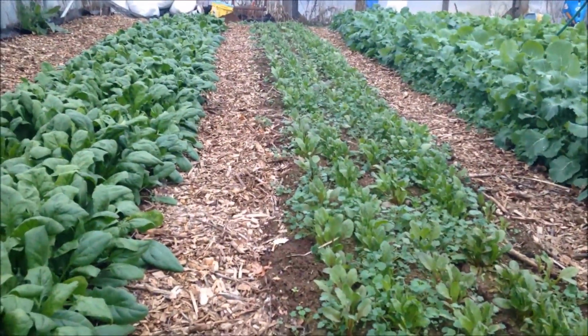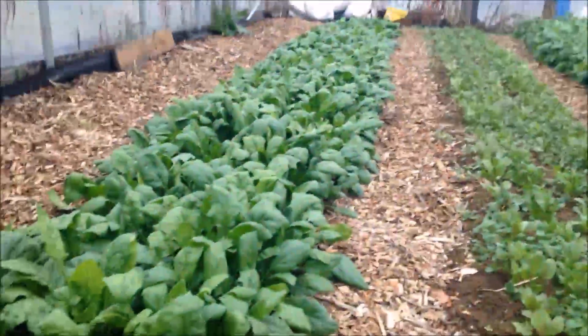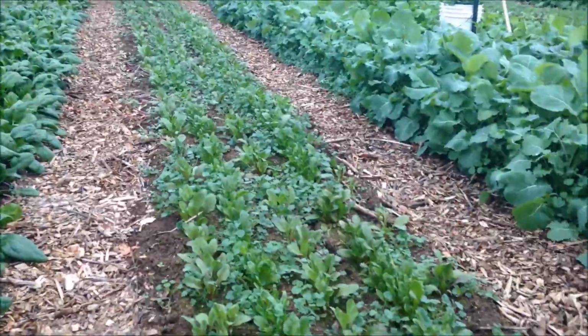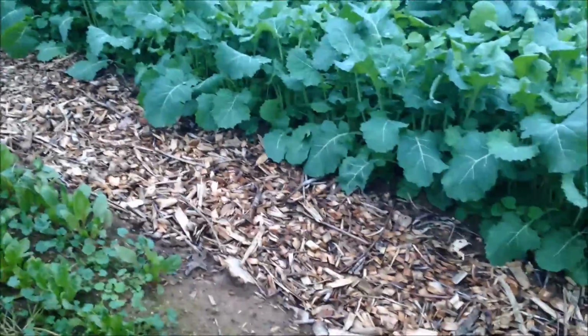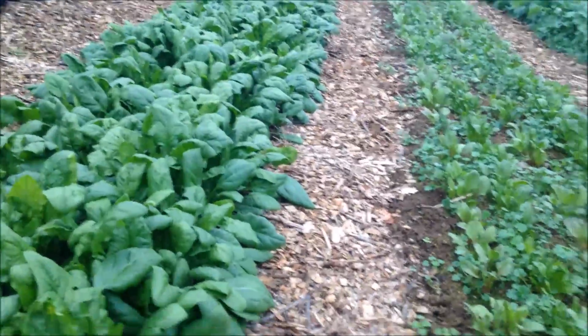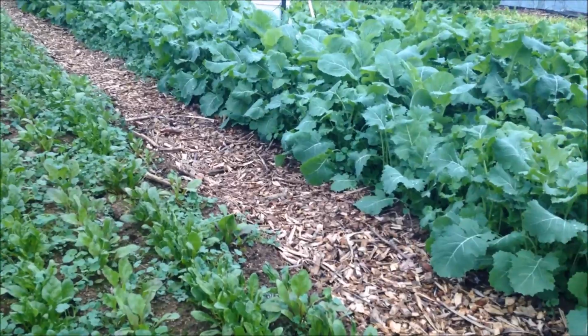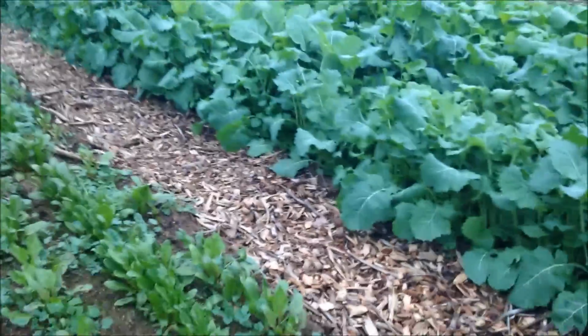I thought that it would take a while longer, and the addition of the fungus was really just to help build the soil, because the hyphae from the fungus will reach out into the beds, and that will make the soil that much more enlivened, I guess is the word I'm looking for. And anyway,